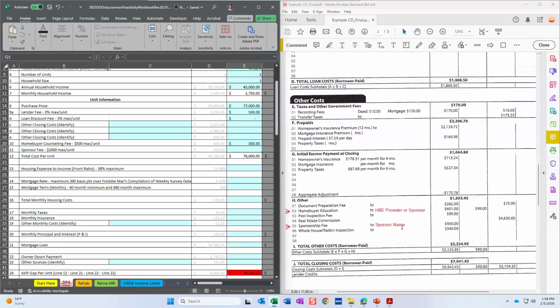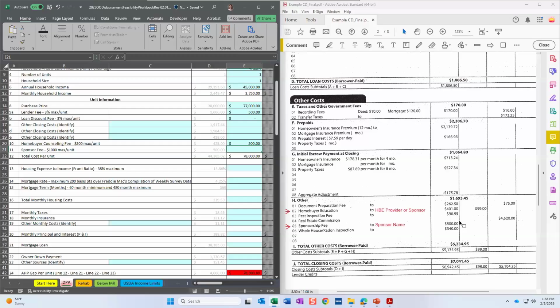Please do not put Federal Home Loan Bank Topeka here. The fee is not coming to us. We're not charging a fee. So that sponsor fee is going to go to you guys as the sponsor organization. We recognize that you're granting or you're fronting the grant funds, and so it kind of works out in a little awkward way. I know that kind of comes up every once in a while, but please make sure that sponsor fee is listed as going to you as the sponsor organization and not to us here at the Federal Home Loan Bank. We don't want that fee.